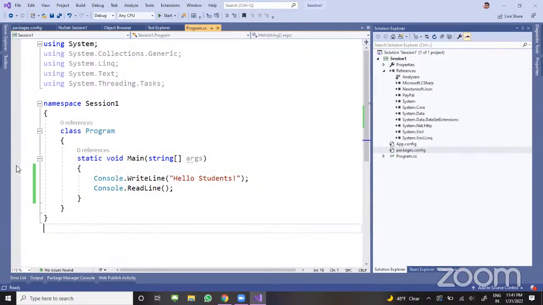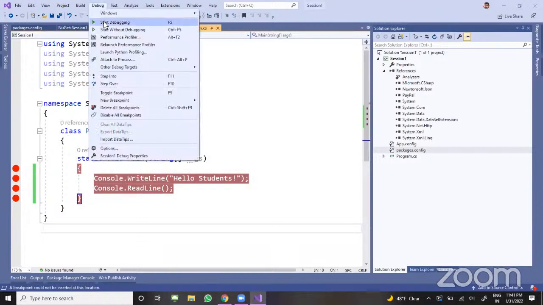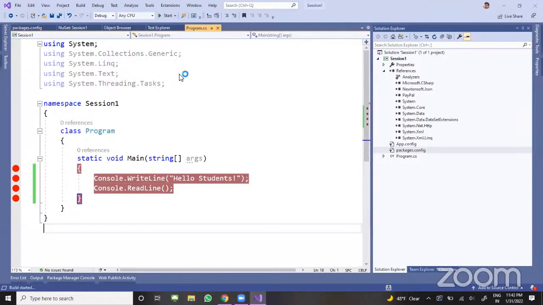Okay, so for that I want to break the code and see whether it is working fine. So I can click here. This red button we call breakpoints. So I'm putting one breakpoint here, and I'm seeing how the program or the coding works. Okay. So when I click on debug and when I click on start debugging,